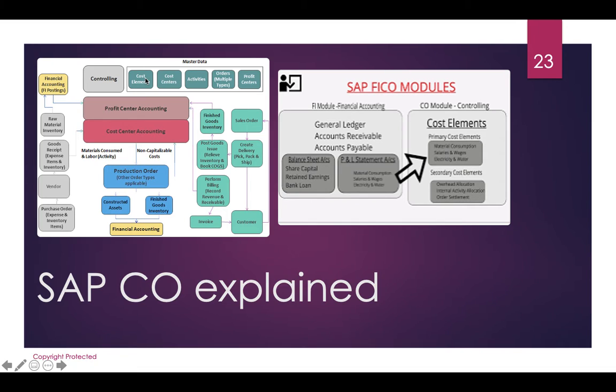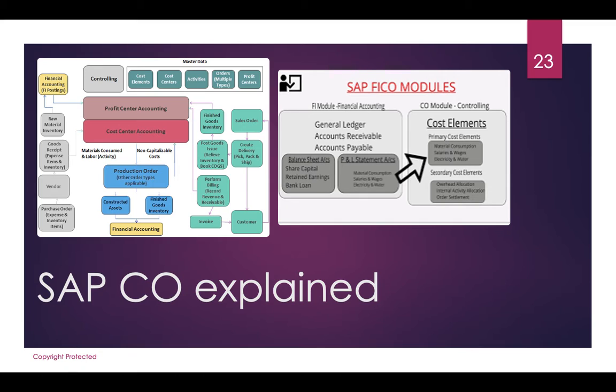So cost elements are whatever expenses we are incurring, either in the way of buying something or in the way of giving away money to somebody. Every item we are spending on needs to be ascertained with a value, and that becomes the cost element.